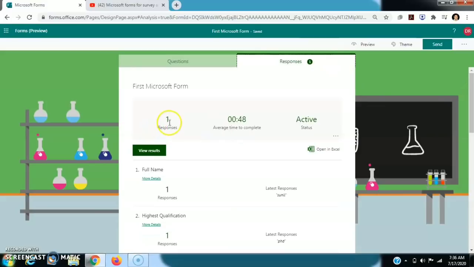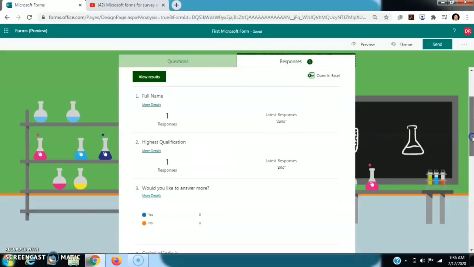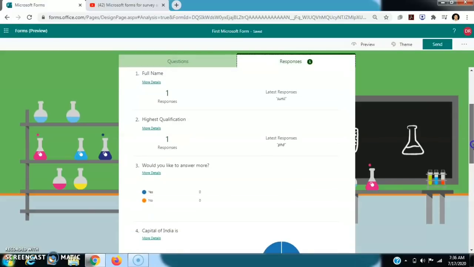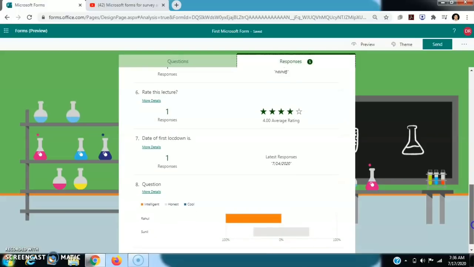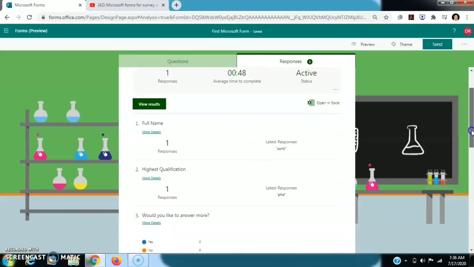Then it will show response 1. The number of responses we received will be shown here. Response 1, average time to complete 48 seconds, active status. So in this way we can analyze our survey.